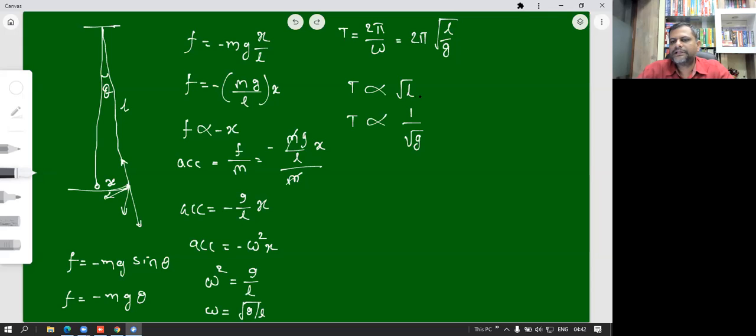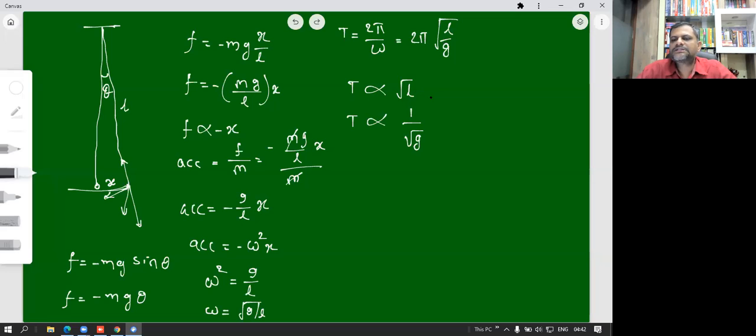देखो L जो है वो अगर डबल हो जाए तो पीरियड जो है वो √2 टाइम्स हो जाएगा। लेंथ अगर 4 टाइम्स हो जाता है तो तब जाके पीरियड जो है वो सिर्फ डबल होगा, ये हमको समझना है। अगर लेंथ 9 टाइम्स हो जाता है तो उस केस में पीरियड जो है वो सिर्फ 3 टाइम्स होगा, तो ये हमको समझना है। So that means that T is proportional to square root of L,